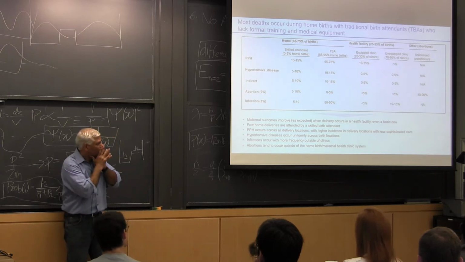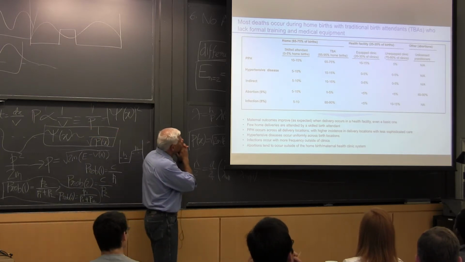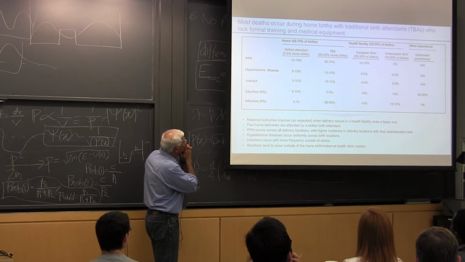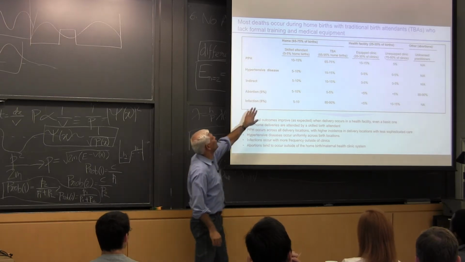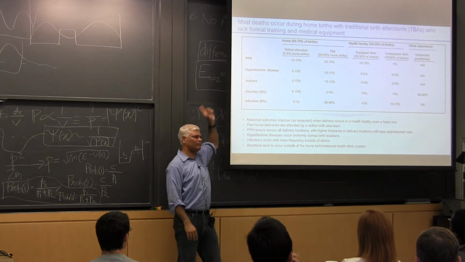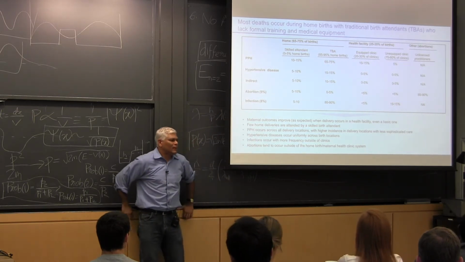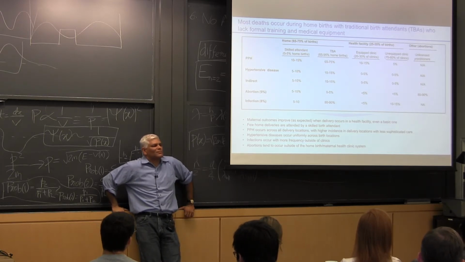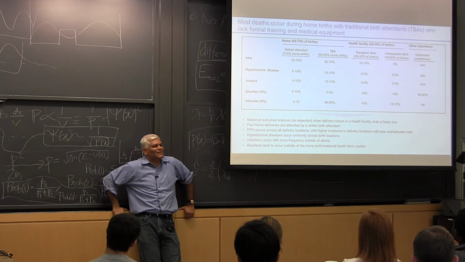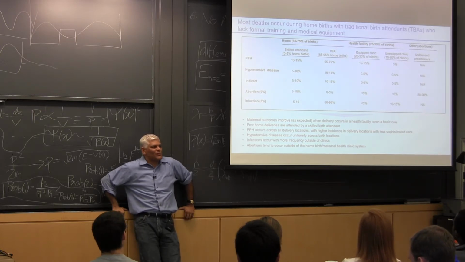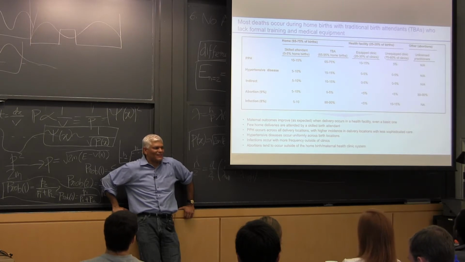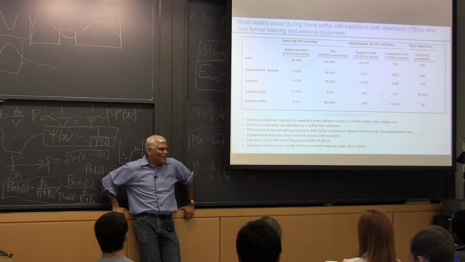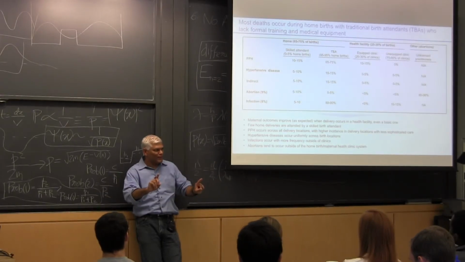Shashi. Yeah. The abortion at 9% and infection at 8%. Yeah, that's 9 and 8% of total deaths. Oh, correct. So this should be from the pie chart. Yeah, from the pie chart. So as far as absolute numbers of deaths, I'm having a little trouble thinking about how that correlates to all the percentages here. Because it still looks like PPH, in the TBA births, is the highest in numbers. Exactly. But do you think infection is the area that needs more attention? So if PPH were solved, yeah.